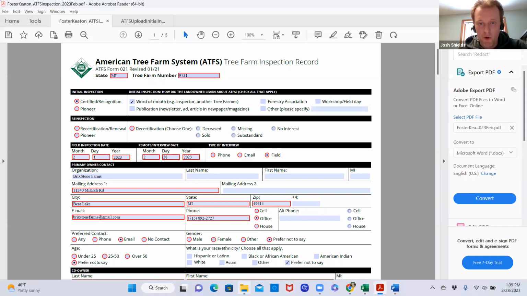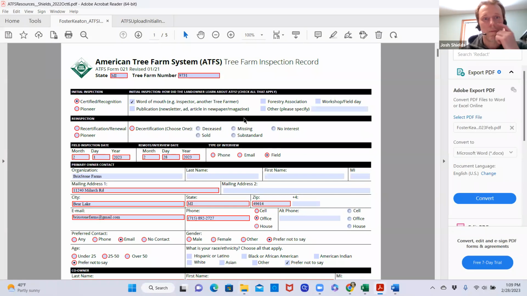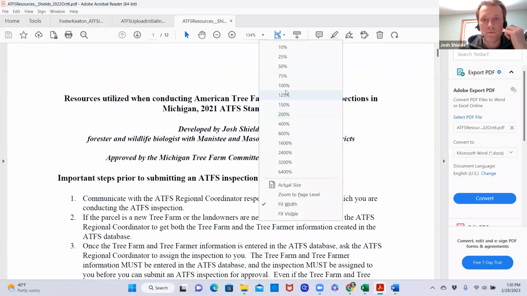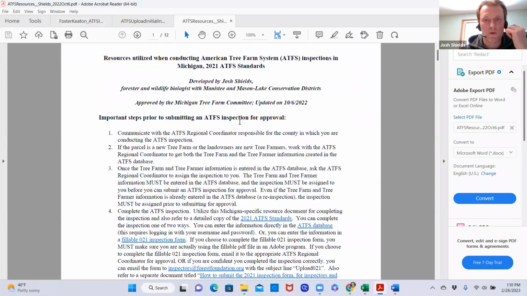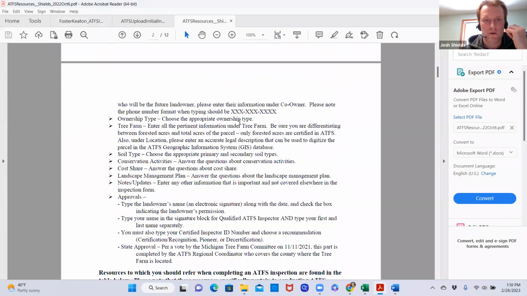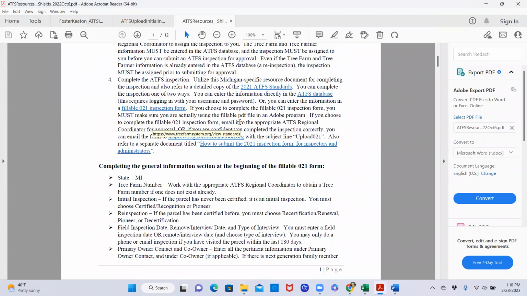And the other file I'm going to pull up as I do this for all you guys to look at is this resource document that I update each year. Let me pull that up. The last time I made an update to this was October of 2022. Mike, this got emailed out, right? You emailed this out as part of one of your many emails and you put it on the website. Is that correct? I believe so, and I think this October version is on the